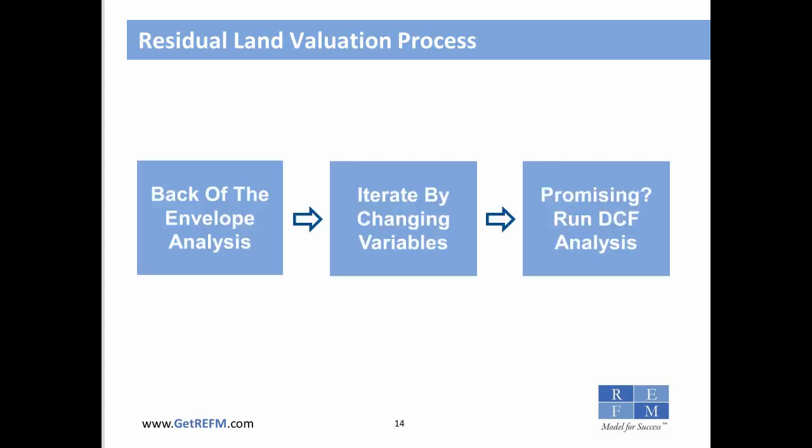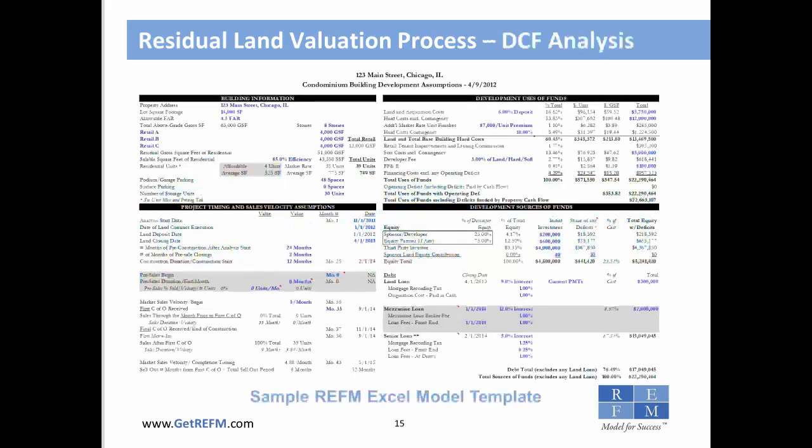Okay, so these are the basic steps. We'll start with the back-of-the-envelope analysis. We'll iterate it by changing the variables, including the land cost, the hard costs, and so on. And if it's promising, we'll go ahead and run a DCF, or discounted cash flow analysis. The discounted cash flow analysis is significantly more complicated and requires significantly more inputs than a back-of-the-envelope analysis and